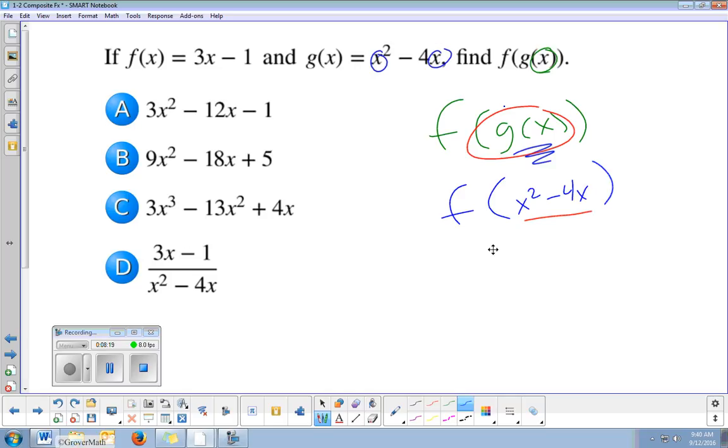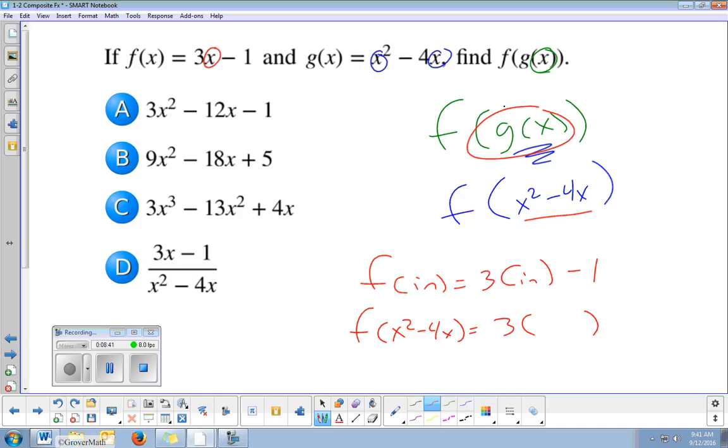And then f of that. And this is where students struggle. Now, what is the rule for f of x? Think of it as f of input. What's the rule for f of input? It's 3 times the input minus 1. So if I'm going to plug in x squared minus 4x, it's going to be 3 times that minus 1. A little bit of distribution, that's going to be 3x squared minus 12x minus 1. Choice A is correct. The mistake students make when they do f of x squared minus 4x is they tend